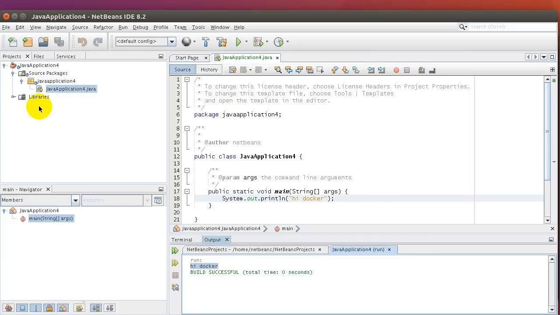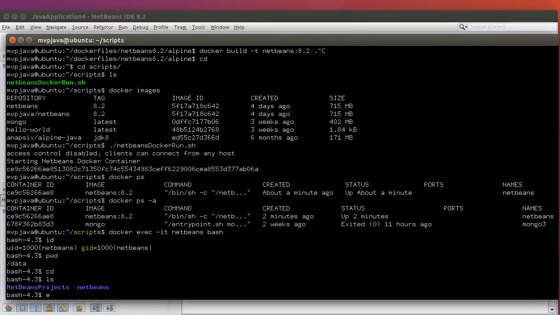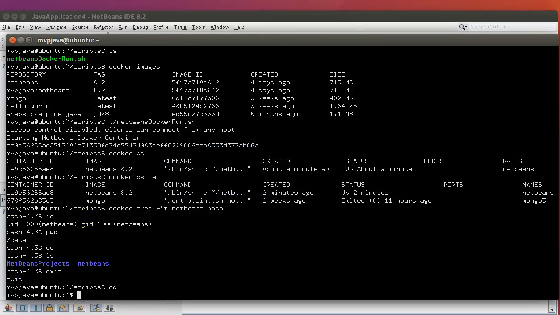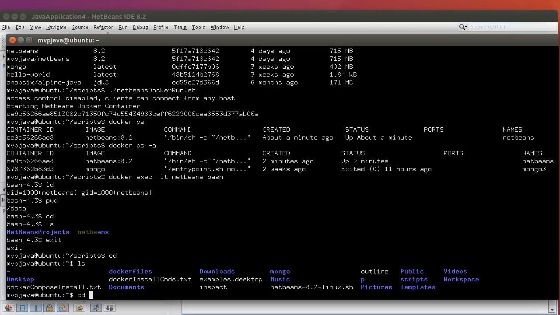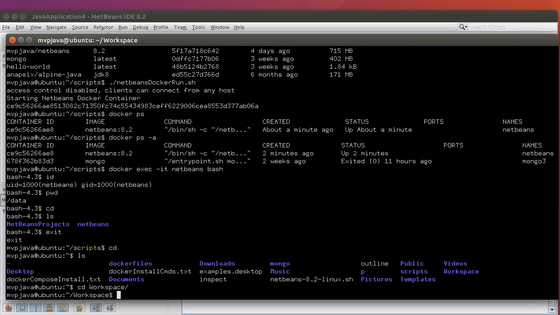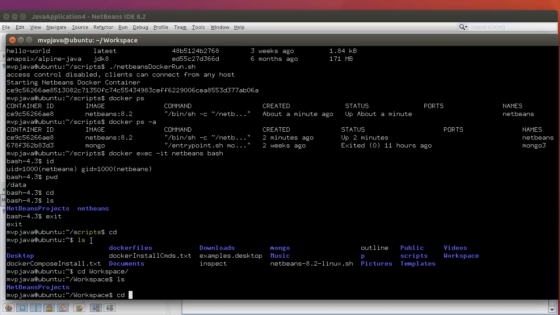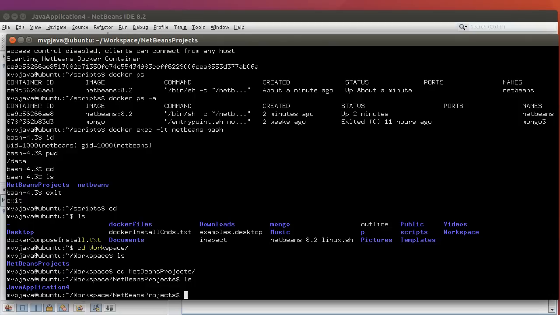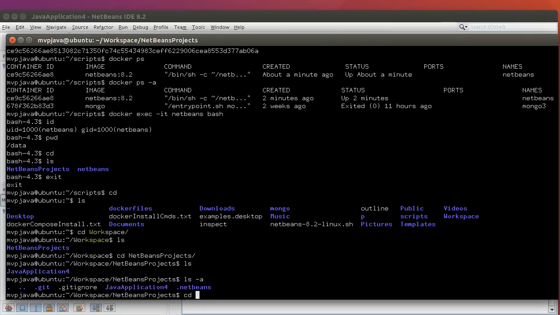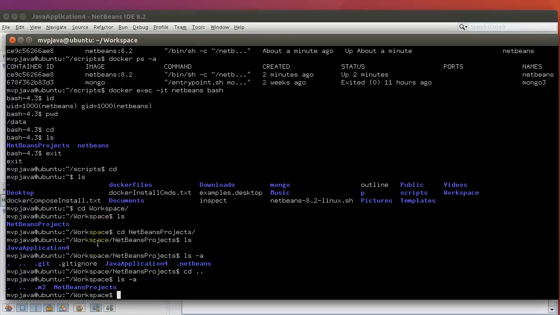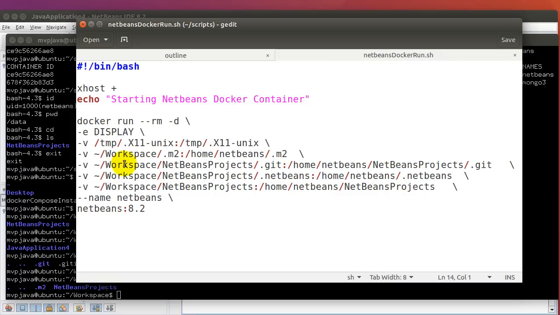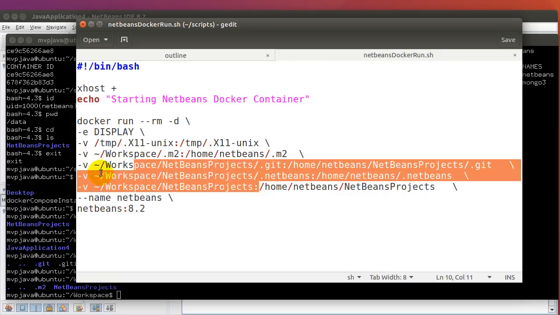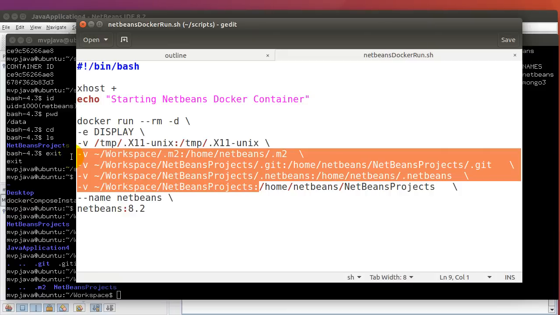Okay, so now what should be happening is, let's exit this guy, if you go to your home file system, you should see a workspace directory. And in there, you'll see a NetBeans project directory, and there's your Java application for it. Actually, take a look at the hidden files. You've got your .git. If we go up one level and look at the hidden files, you've got your .m2 directory. So everything that we mapped in here has been created for us